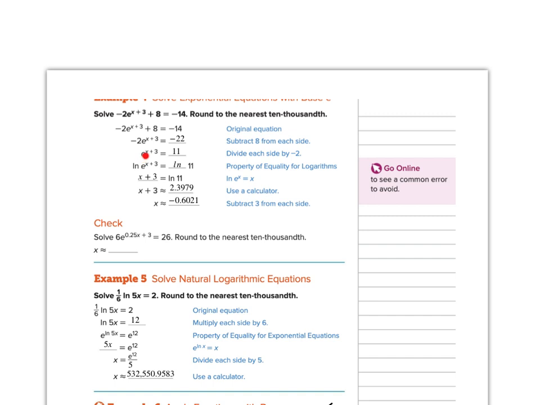And I get e raised to the x plus 3 is equal to 11. Now, again, now that I have that, I can go ahead and raise both sides to the natural log, and then the natural log of e will simply become the exponent. So I am going to have,